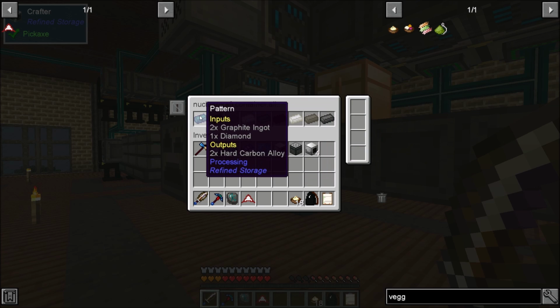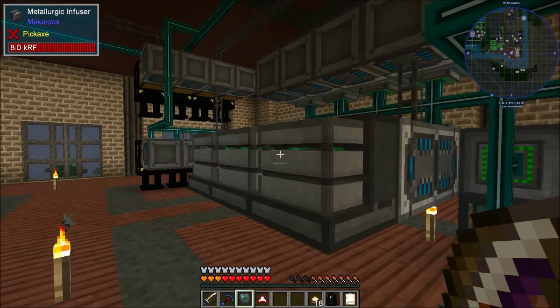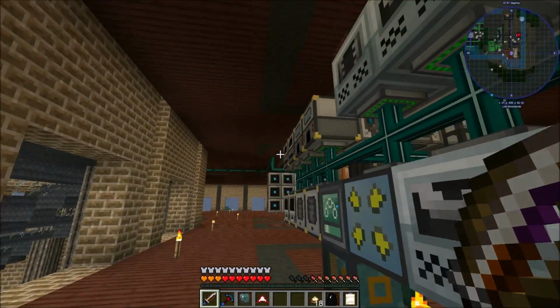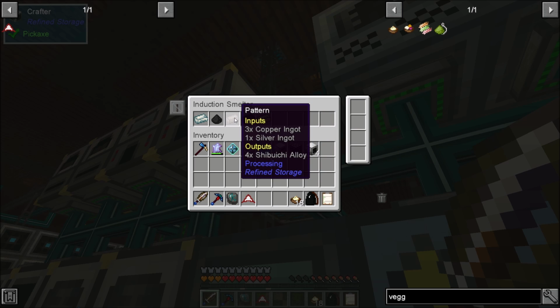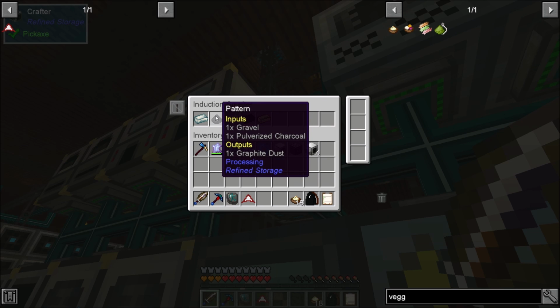So there's stuff like hard carbon alloy, ferroboron alloy, and then I also automated the other nuclear craft metals that we'll be using before too long over here in the induction smelter. So you can see tough alloy, shibuchi alloy. Enchanted ingots are also automated now, because we need those for the energy upgrades for Mekanism, and then graphite dust,